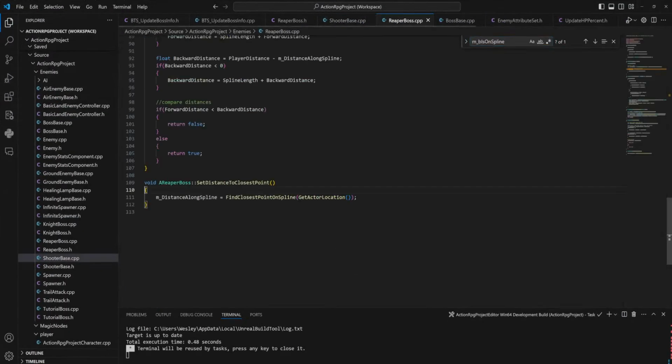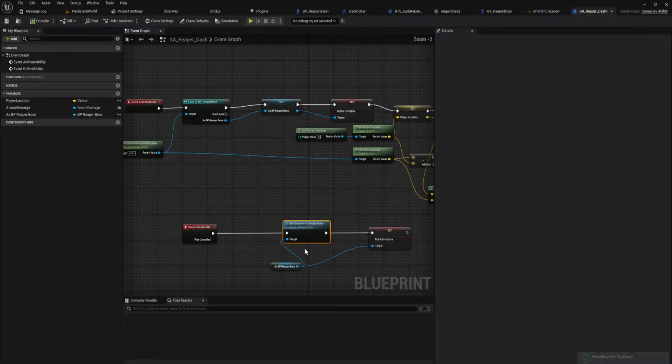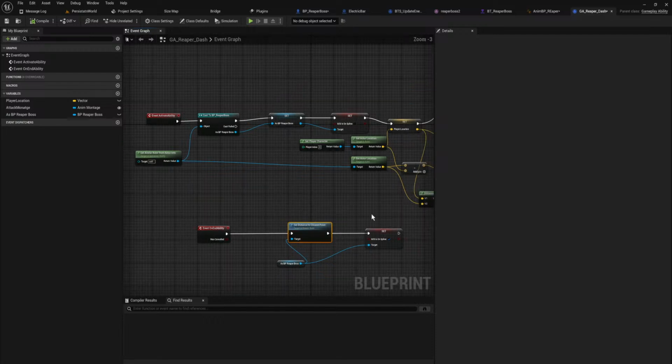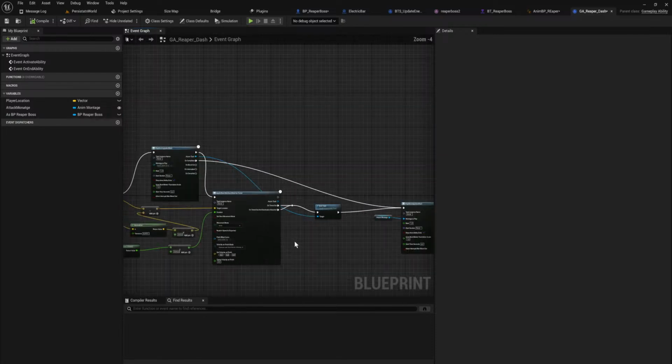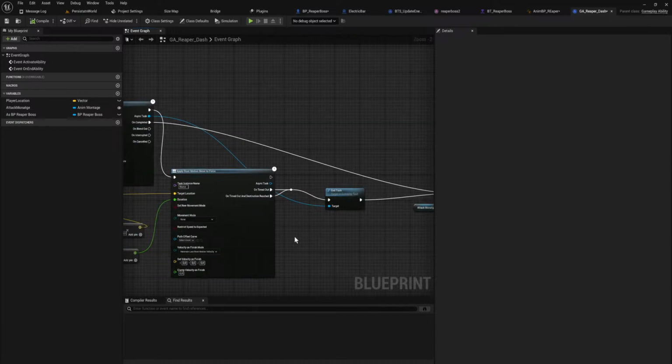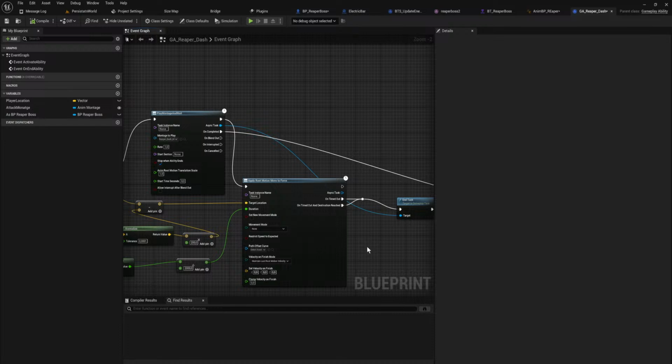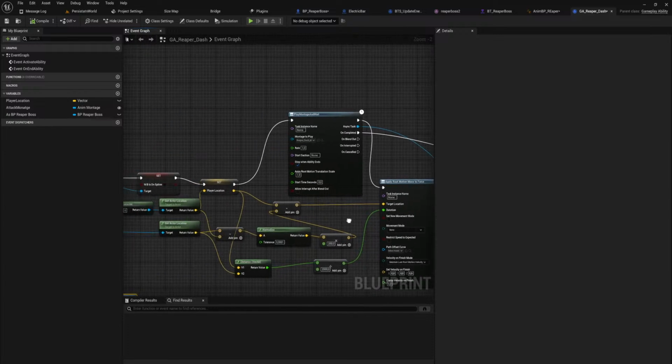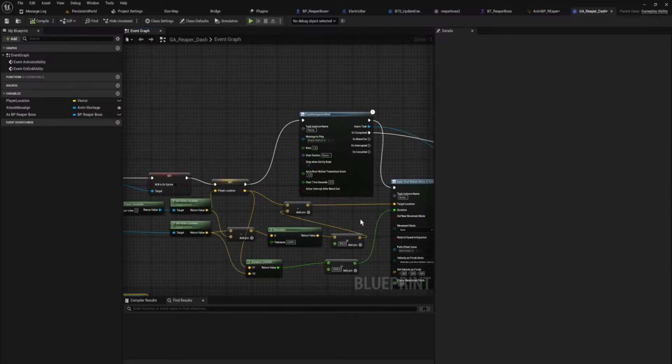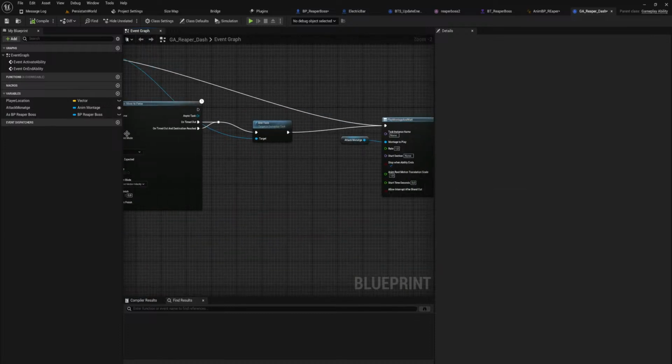So distance to closest point on spline. Sure. Okay. Consider me a little confused.